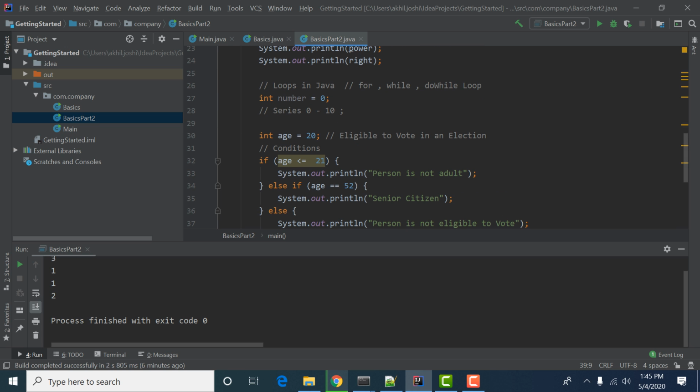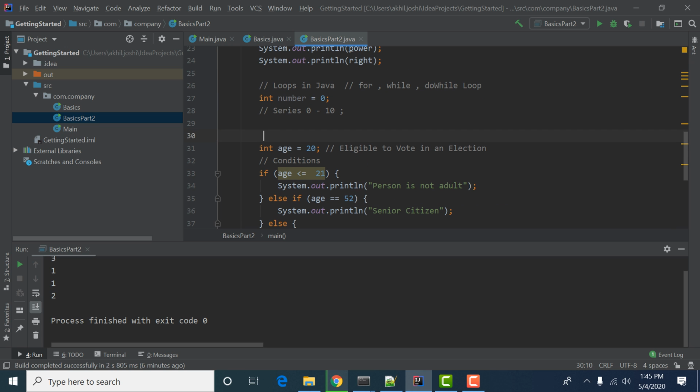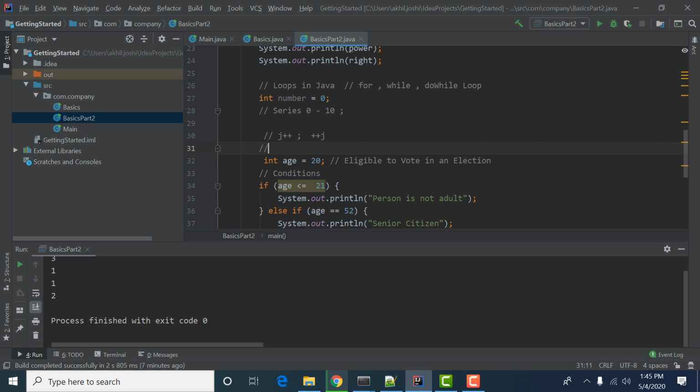And one more, there are also two types of operators, which are increment operators. So we have j plus plus, like that. So we have plus plus j. So we have j minus minus, and we have minus minus j.